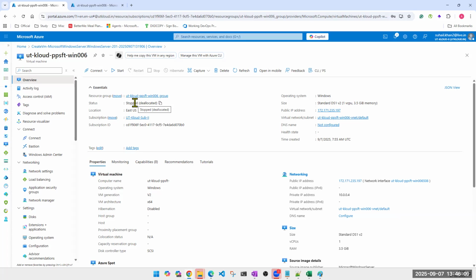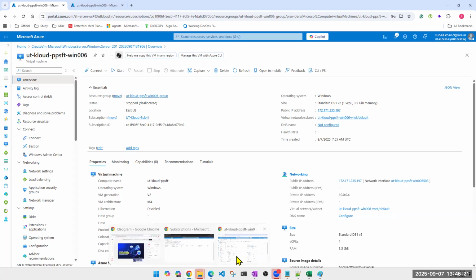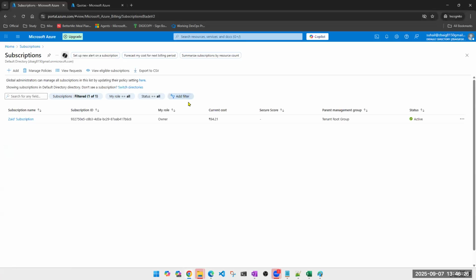Yes. If we delete this machine, do we still have to pay for any disk or RAM? No, and no. If you delete the machine, there is no disk, there is no RAM. Why would you pay? Let's go here. I wanted to do that at the end, to delete the machine, but since you have asked,